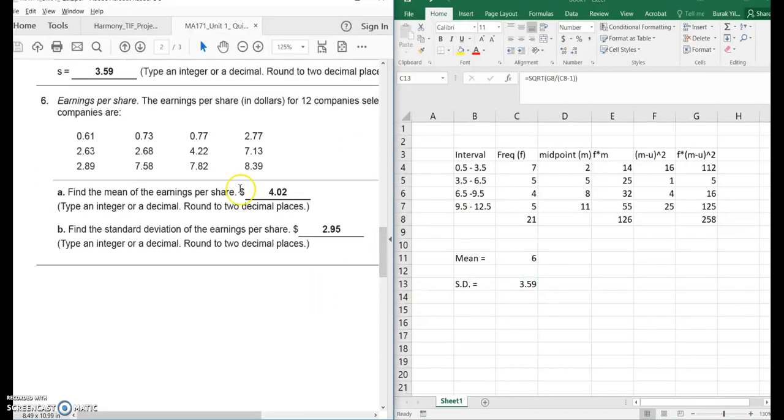Number 6, find the mean. I'm not going to calculate this, but you can either use a calculator and just type in each of these numbers. There's like 12 numbers. Type in each one of them, add them up, and divide by 12. Or you can just type them in Excel, take the sum automatically and divide by 12, or take the average. And then for the standard deviation, you can use the formula for standard deviation to calculate that as well. You're going to need to find the mean, subtract each data